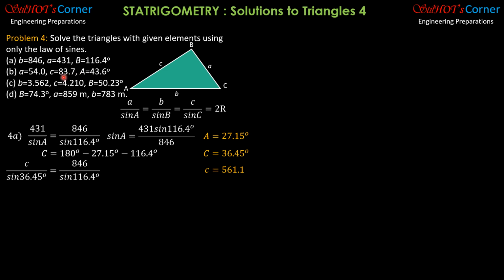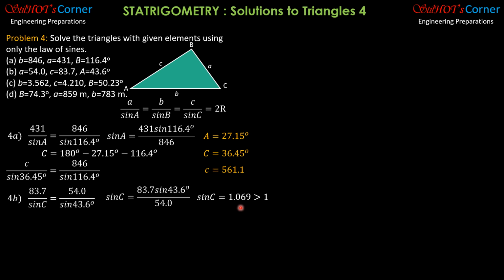Given side A and angle A, to find angle C. So 83.7 over sine angle C is equal to 54.0 over sine 43.6 degrees. So sine C is 83.7 times sine 43.6 degrees over 54, and it is more than 1, about 1.069. Therefore, sine, cosine functions cannot